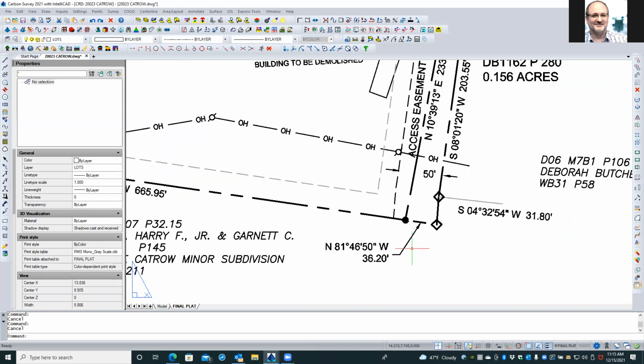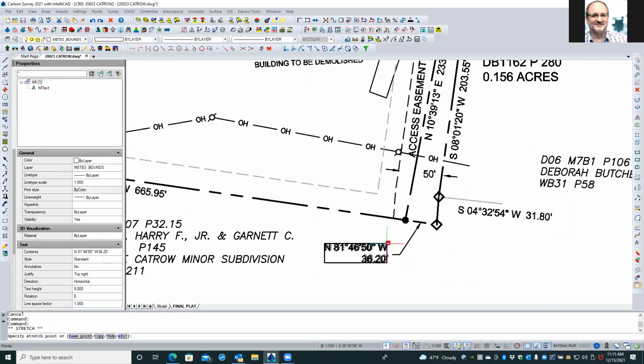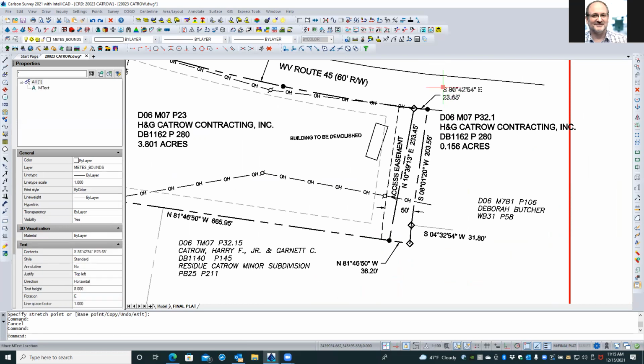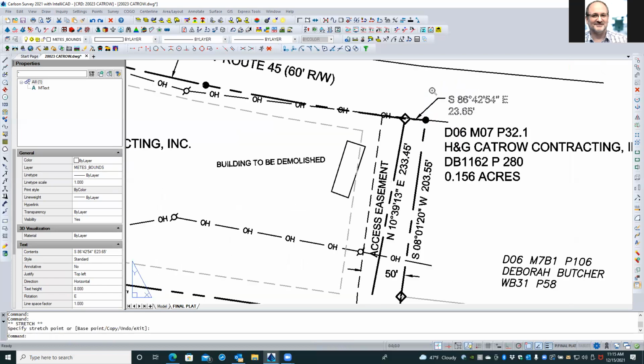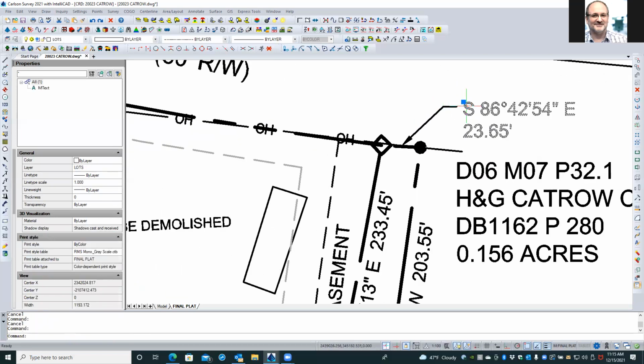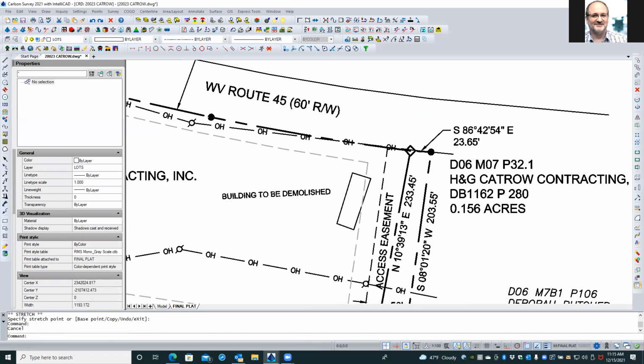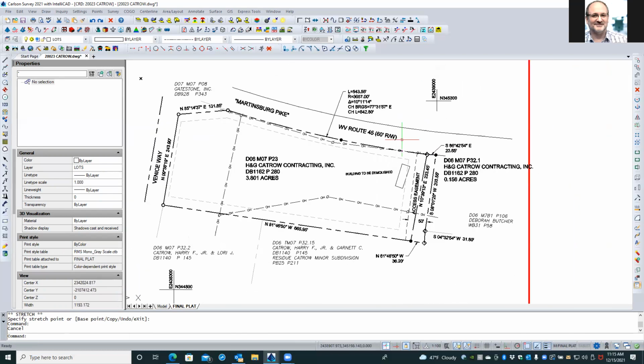And then we'll bring this guy back. Same thing here with this one. And let's see what else. Okay, that. And I'll let you fine tune where you're going to place them, but that's going to give you the best